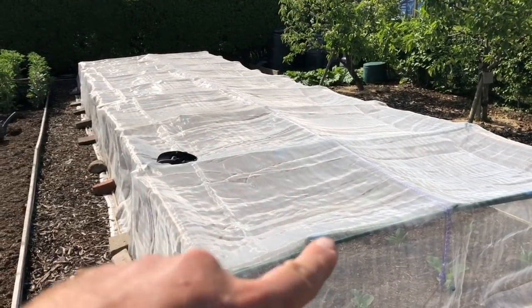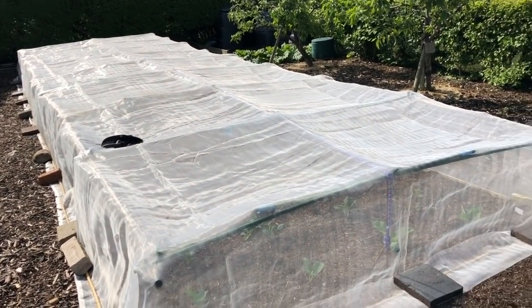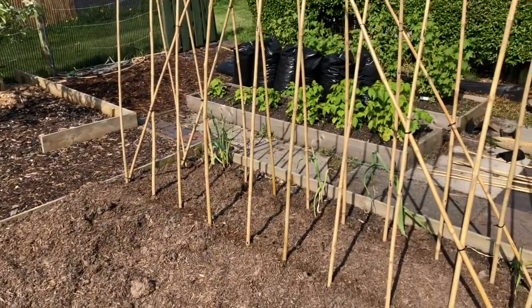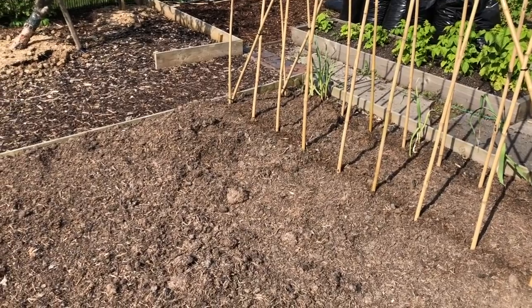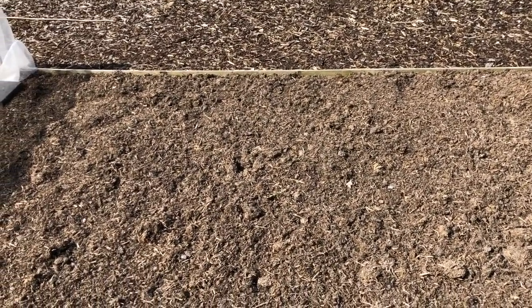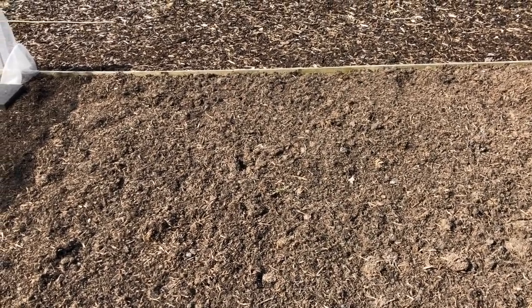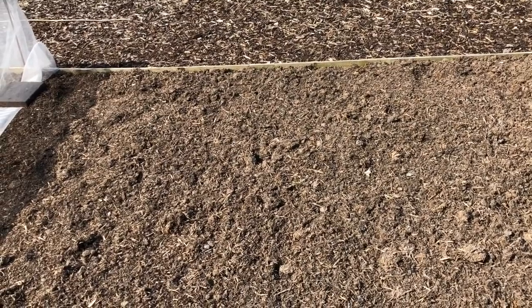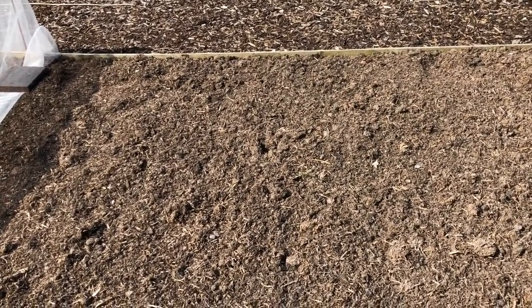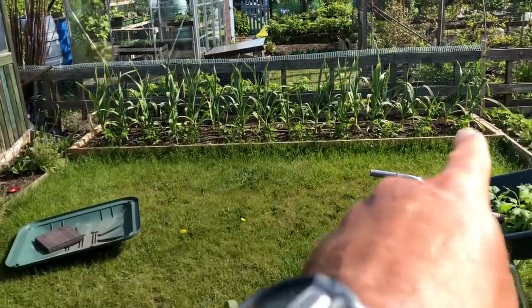Then we've got the winter brassica bed, mainly kalettes, sprouts and cabbages, red cabbages. And then we've got the beans, and we'll have more dwarf French beans in here. And then this bed will be basically different types of broccolis. So the summer broccoli, which is going to be, I've forgotten the name of it. Anyway, I'll stick it in as an overlay on the video. So, Aztec broccoli, and then the winter broccoli, which will be Rudolph, purple sprouting, and then the spring broccoli, which will be Granite. And then we've got the strawberries and the elephant garlic,